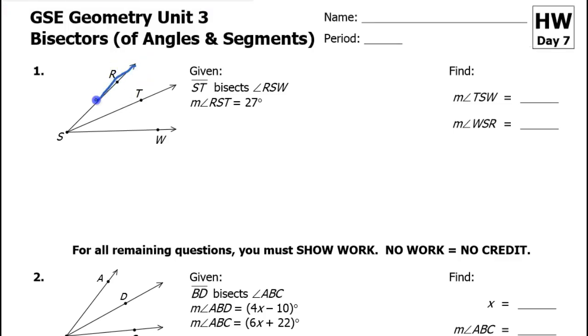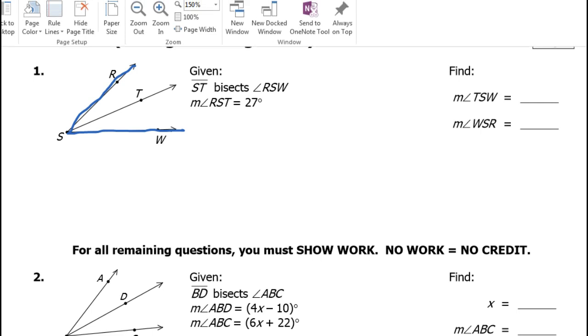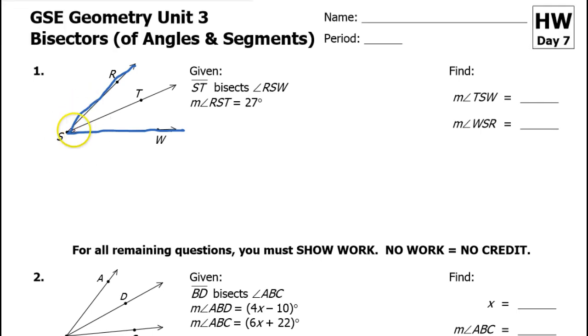Here's angle RSW, and segment ST is this. Alright, so if ST is a bisector, then it means that it cuts the larger angle into two equal halves. So, for example, if we know that angle RST, which is the upper angle, is 27 degrees, well, then bisector means that the lower angle will also be 27 degrees because these are two equal